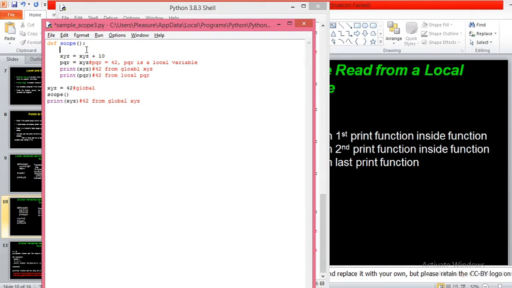Use the global statement. Global XYZ. Right? Now if you do this, then it will permit you to modify also. If you use this global statement in the local scope, then it will permit you to modify the global variables.